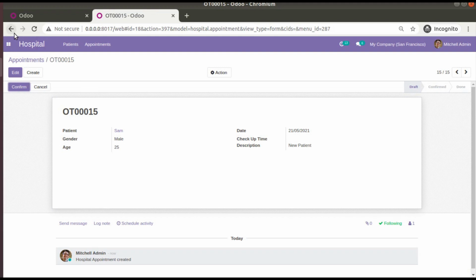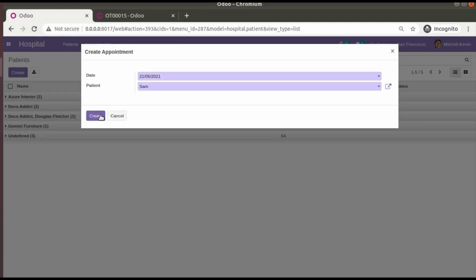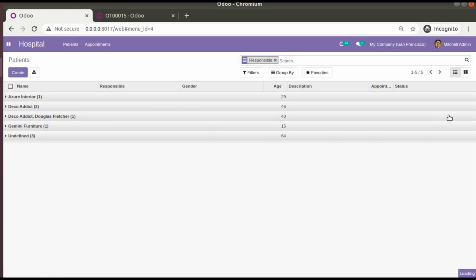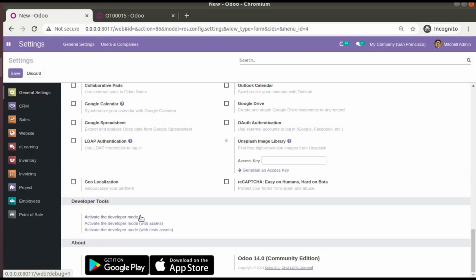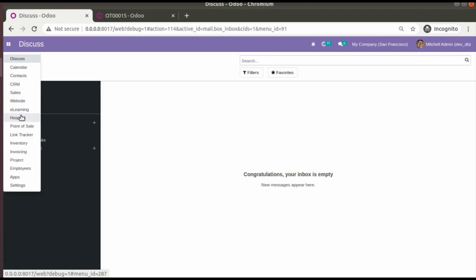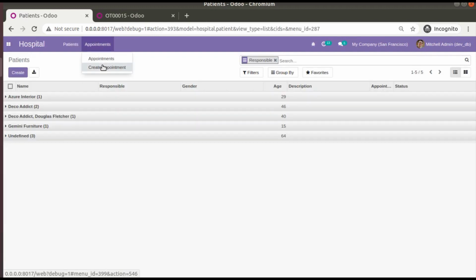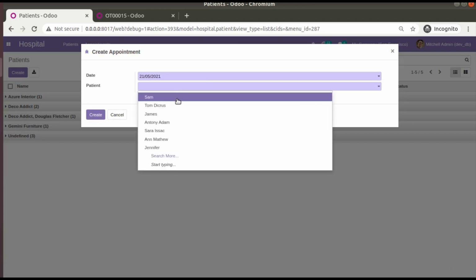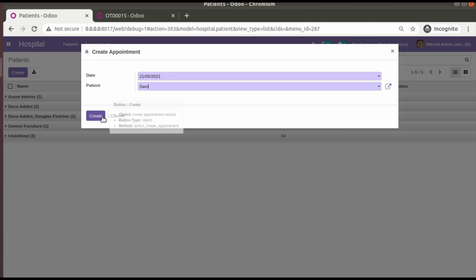If I go to PyCharm and place the mouse over this, currently the debug mode is not activated. So I'll go to the settings and activate the debug mode. Once the debug mode is activated, I'll come back to create appointment, choose a date and a patient, and if you place the mouse over this button, you can see the method.